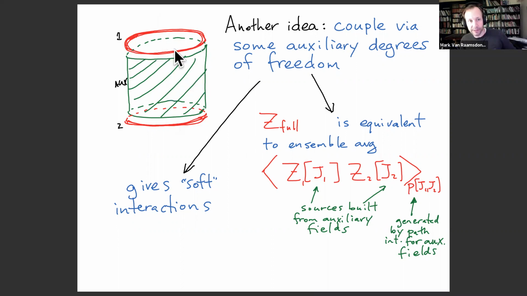So now the Euclidean continuation of the cosmology is dual to this field theory that has a 3D theory up here, a 3D theory down here, and then some 4D theory on a finite cylinder in between. So this is a field theory. Most of the degrees of freedom are in these holographic theories on the two boundaries. And if you integrate out these auxiliary degrees of freedom, then the resulting thing looks like an ensemble average. But really, the full theory is just one interacting quantum field theory.